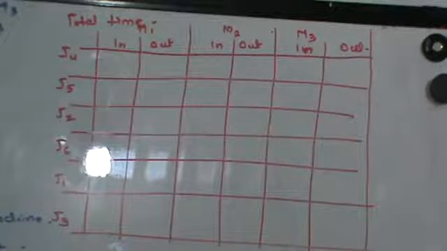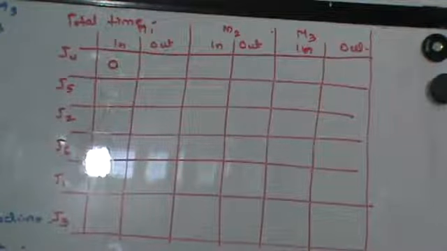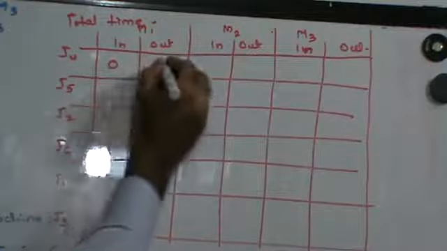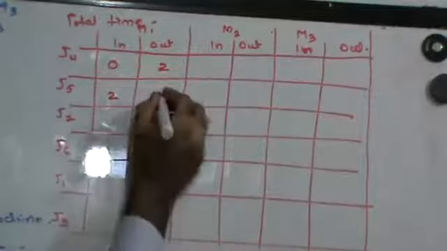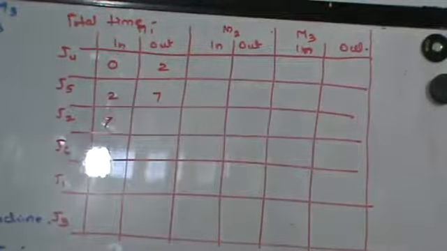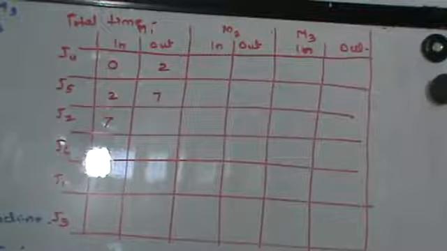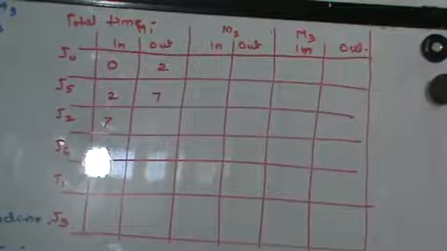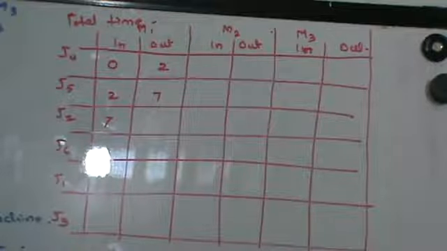Right. Let's start. We start with 0 hours. Now, J4 on machine 1 takes 2 hours. J5 on machine 1 takes 5 hours. Excuse me, sir. So can't we use G1 and X1 here? Can't I use G1 and X1? Since I want to find out for 3 machines, this I've converted so that I can find out the sequencing. Yes, you have to get back to the original machine. Right? Now,